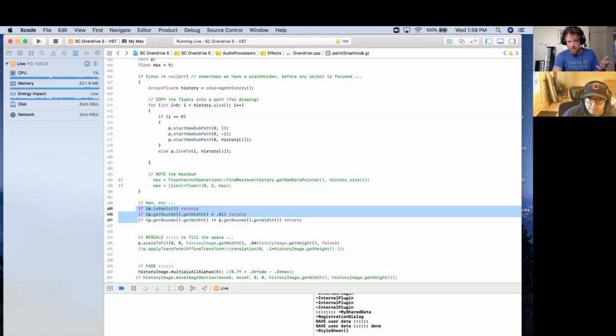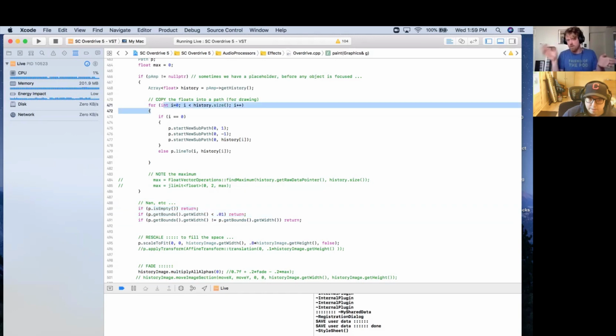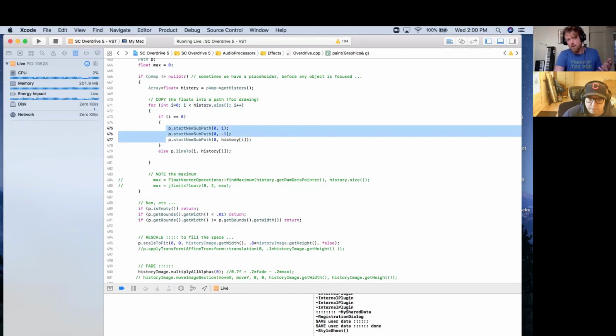So dealing with the other thing, the stretching of the bounds, our X value essentially is going 0 to 400. We know it's going to go 0 to 400, but it might not go high enough so that we can stretch it without getting into a divide by 0. The way we fix that is we make sure that we add a couple subpaths. So start new subpath essentially just starts a new path with a single point. In this case, we start one at 0, 1. We start one at 0, -1. That way, if the